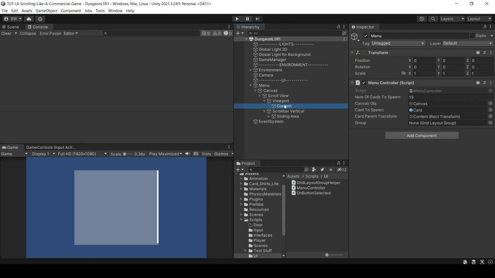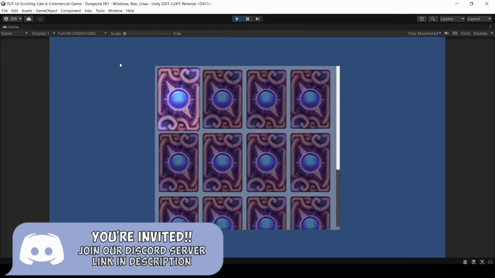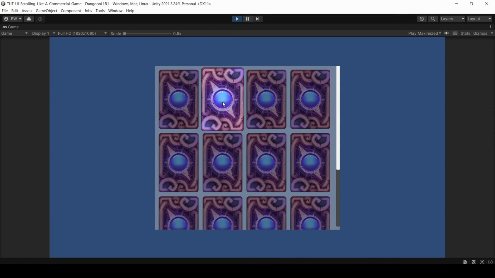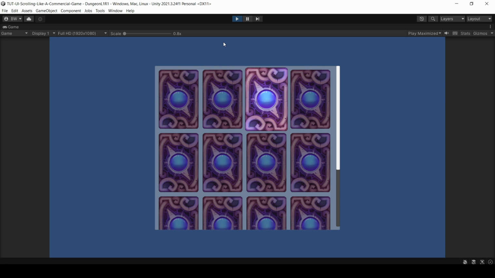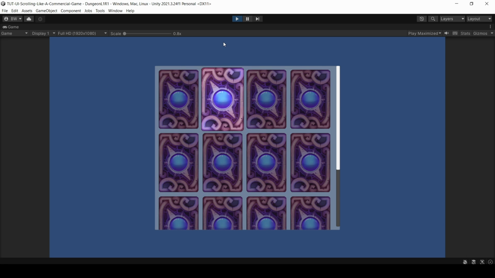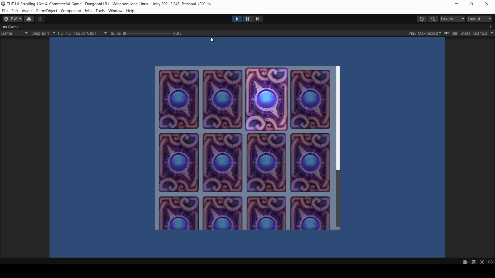Awesome, so let's plug in our grid layout group reference. And now we should be able to use our mouse or our keyboard or gamepad. And even if we deselect something with our mouse, depending on what we press, it should just pick the intuitive choice. Now finally, let's get this thing auto-scrolling, because you can see if we select cards down here, we want